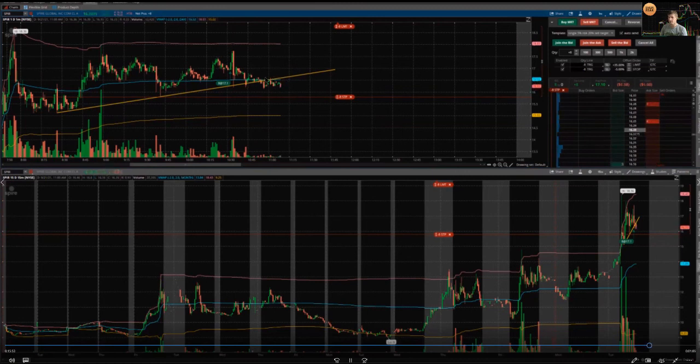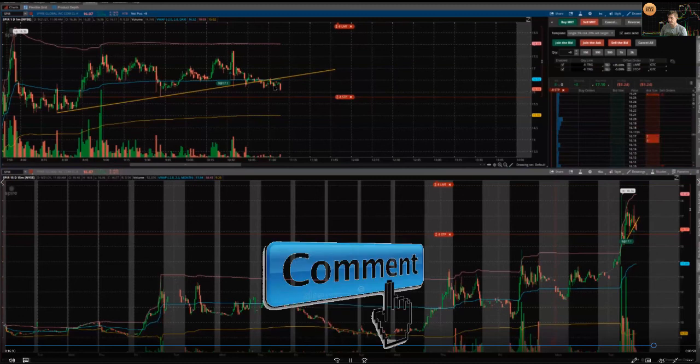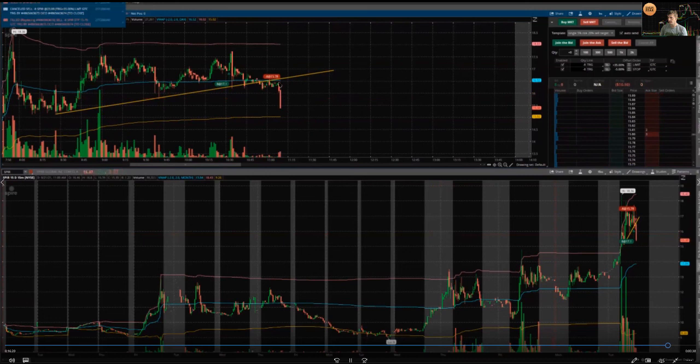So I don't need to actually use a level 2 to already gauge the sentiment within the market. The chart itself is only telling me what people are thinking or feeling based off of their perception of what's happening in this particular stock. And so it starts to come down. At this point, I'm pretty confident the trade is going to fail, mostly because it's been hovering below VWAP. It's starting to come down. I can see that the downward trend is starting to get a little bit more conviction on it, and I end up getting stopped out. And that's pretty much it for this trade. So I took a $10.56